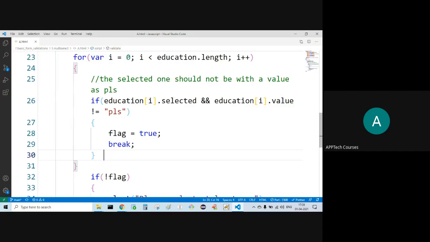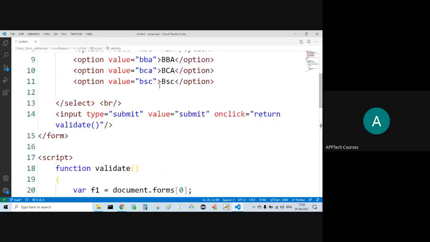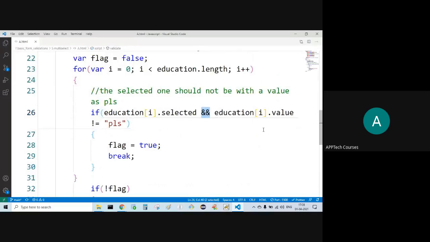Comes up, sorry, I will be 1. That is what? Education of 1. That is also not selected 2. That is also not selected 3. Right? Like that. Now, if I selected only one option, assume that education of 0, that is what PLS. This one. That is the case, it is going to check for another expression. Why? Because why it is checking another expression? Because whether it is equal to PLS or something else.